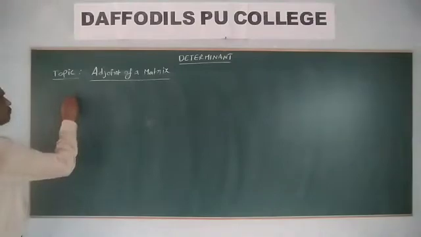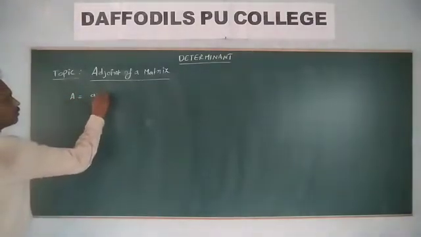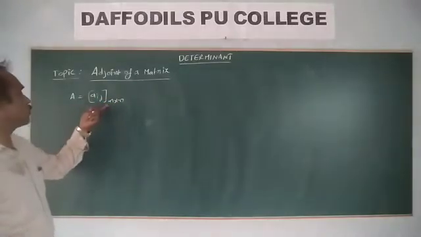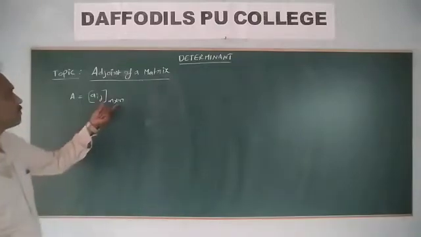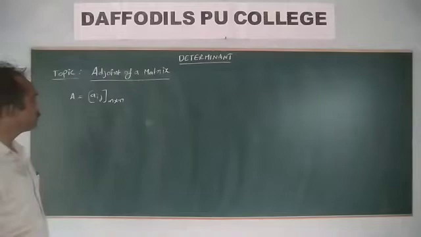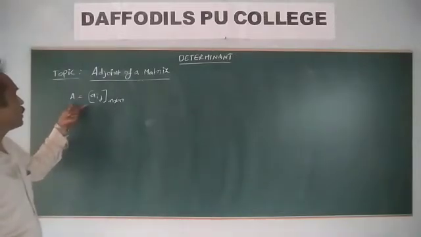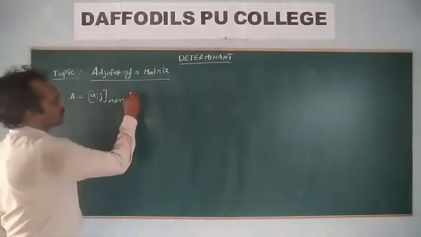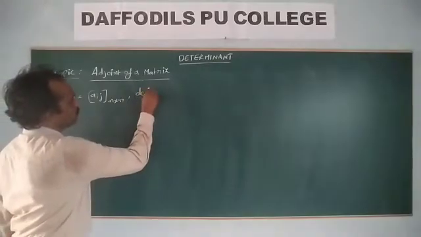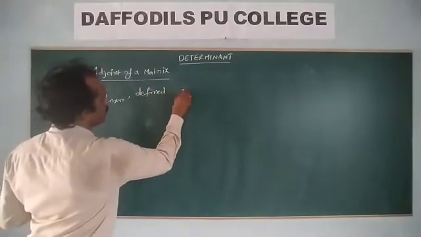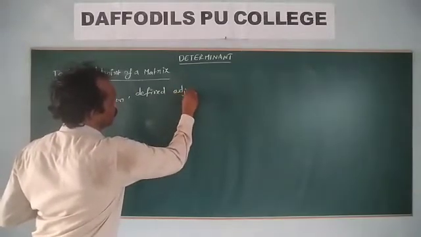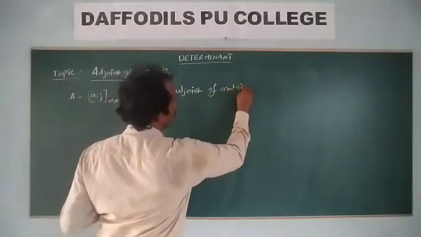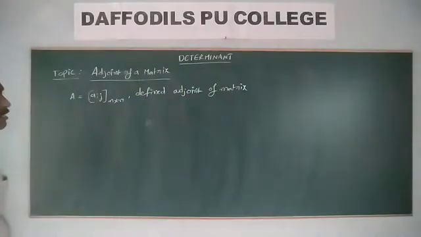Let us take A, a square matrix. A square matrix A equal to Aij, n by n, is defined as the adjoint of a matrix. The adjoint of a matrix is defined as